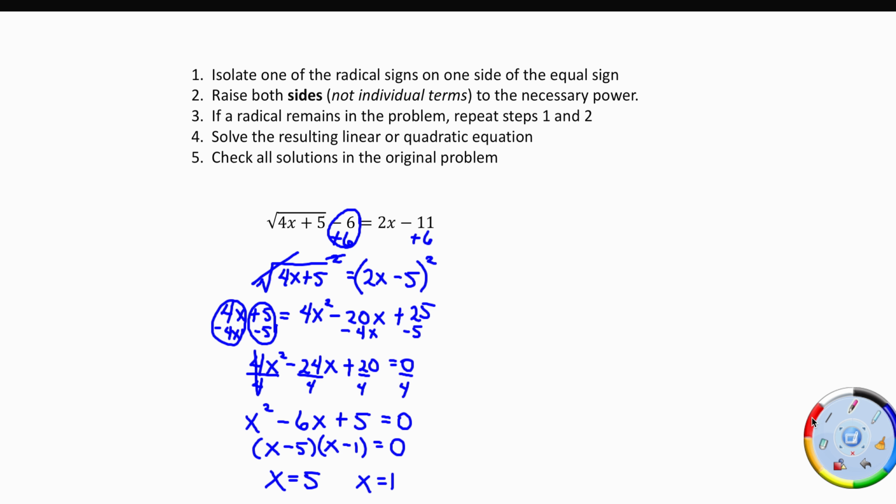But don't forget, I must check those answers in my original equation. So let's start with the 5. So the square root of 4 times 5 is 20 plus 5 minus 6. Is that 2 times 5, 10,